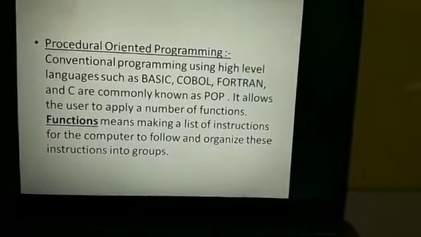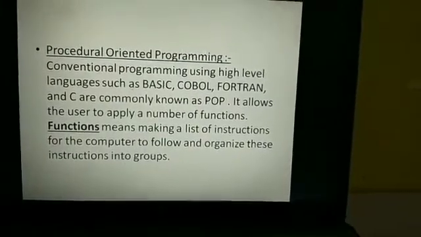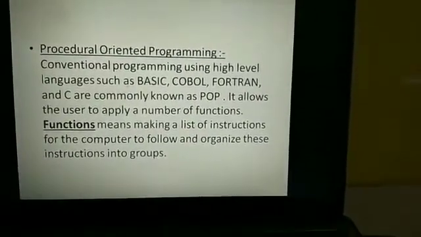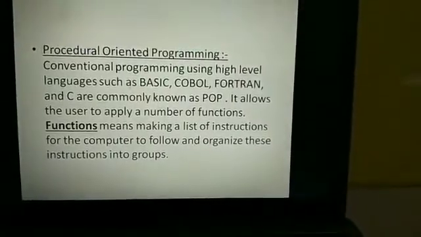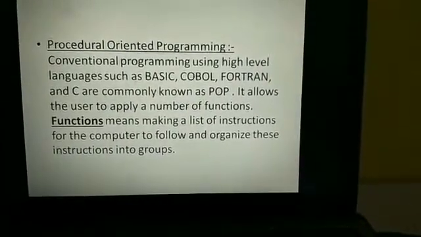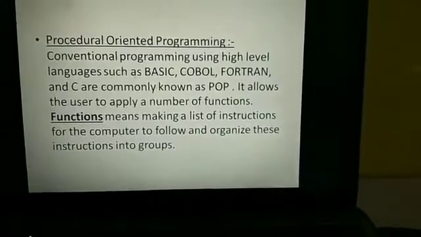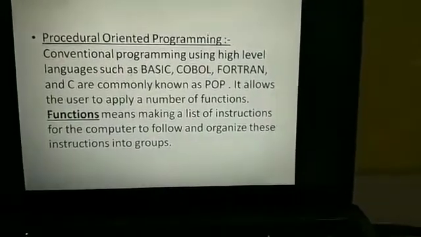As you use more and more functions, your program becomes very lengthy, so it was very difficult for the user to prepare a program. Hence POP programming languages stopped.